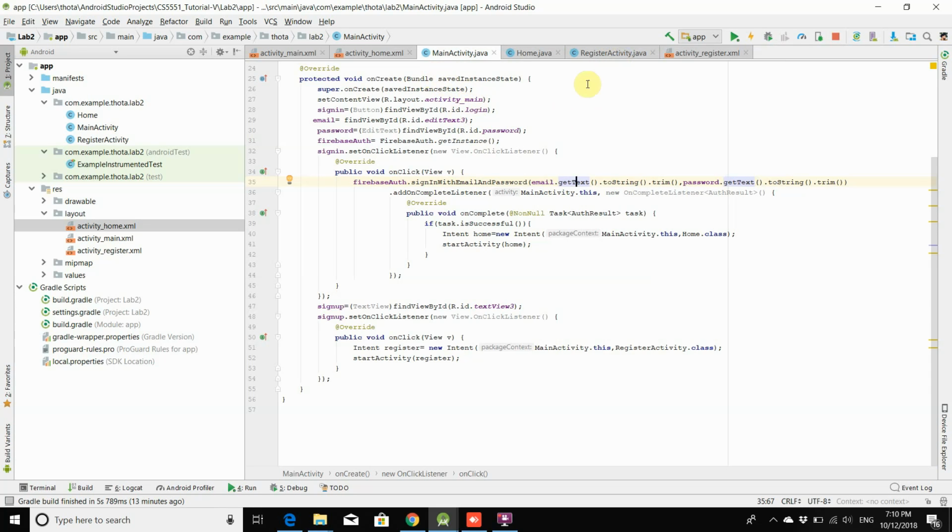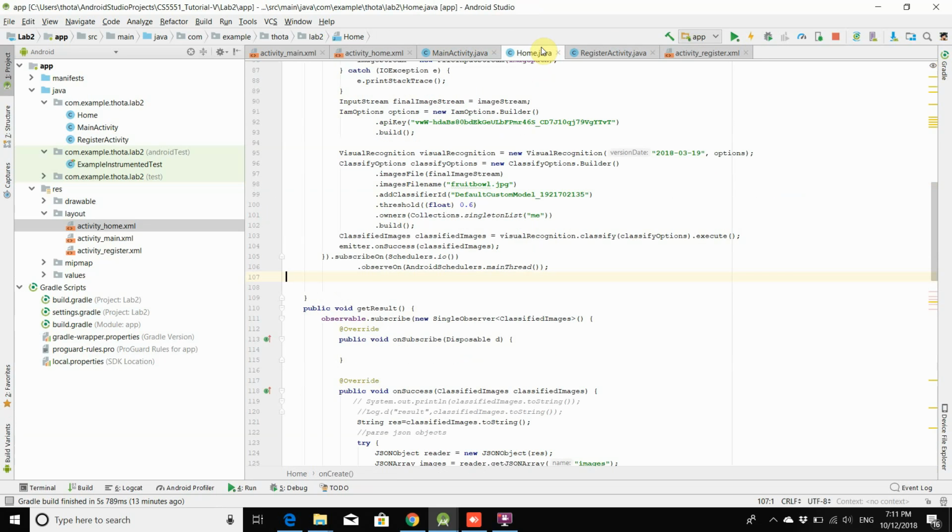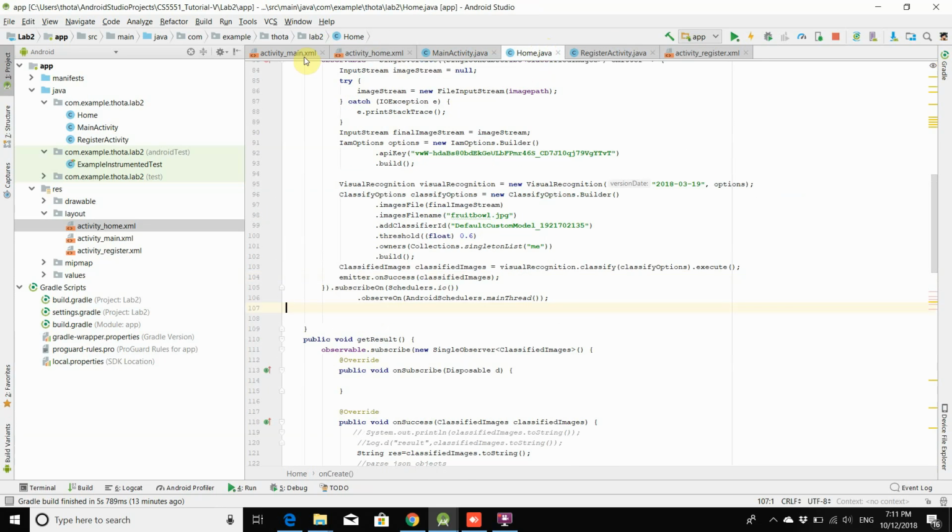The details in the login page and the details in the registration page are stored in the Firebase, and whenever the user tries to log in, the details are retrieved from the Firebase and matched with the credentials given by the user. If the credentials are matched, then the user gets to log in. When the user logs in, he is displayed with the home page